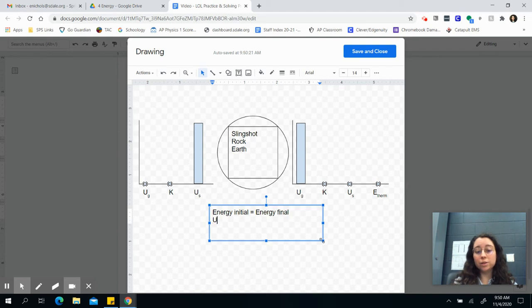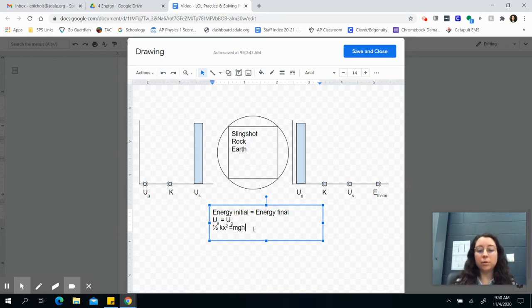My energy initial is just US. My energy after is just UG. And if it's just that, then I already have formulas, so let's plug them in now. That is going to be 1/2 kx squared, and it's going to be equal to